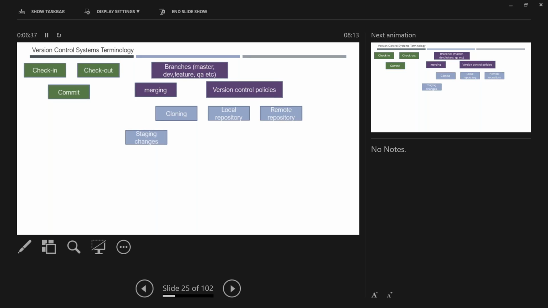And then we talked about staging changes. Staging is again a command. Basically, if the persons are from Linux or some other operating system, they like to do all these things from the command prompt. Of course everybody has their own habit. If you are from a Microsoft background, you like to do it from a tool, right? Or if you are from a tools background, you will like to do that. Since we will be using Visual Studio, we will be using all these commands from Visual Studio itself. But if you want to do it from the Linux prompt or something, you can very well go ahead and do it.